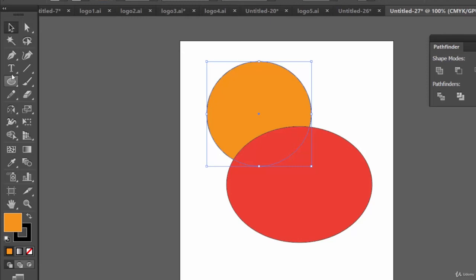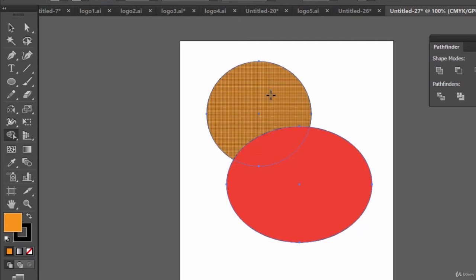Now select these two objects and select the Shape Builder tool. So we have completed step 1 and step 2: step 1 is selecting the objects, and step 2 is selecting the Shape Builder tool itself. Now previously we have seen that if we click on a part, that part is getting separated.